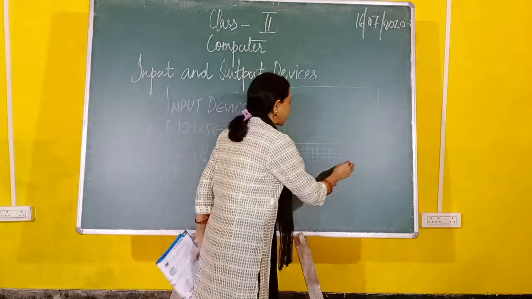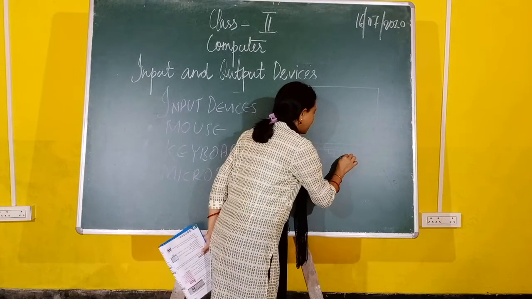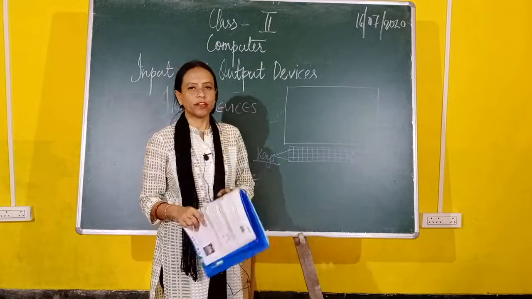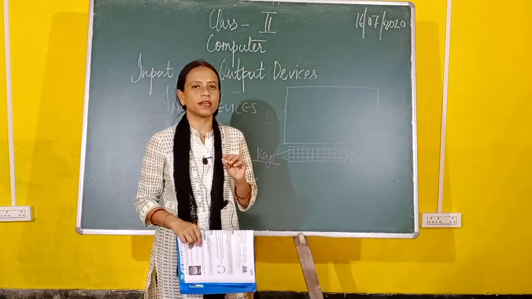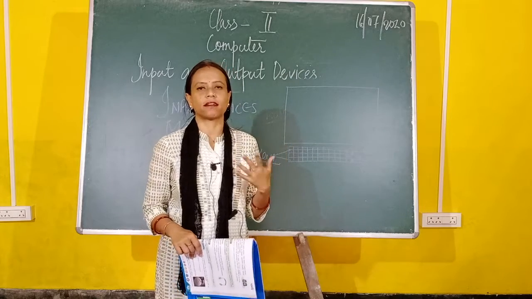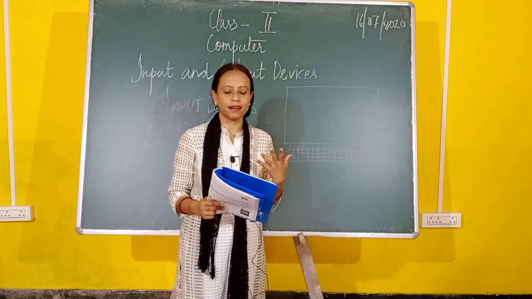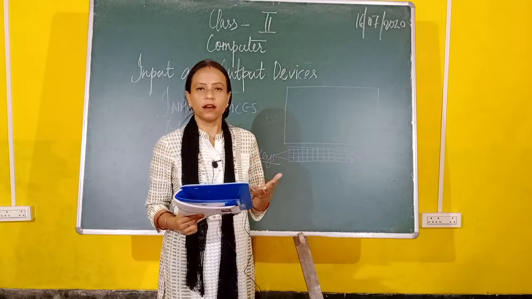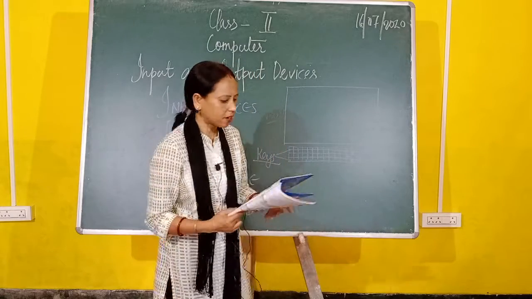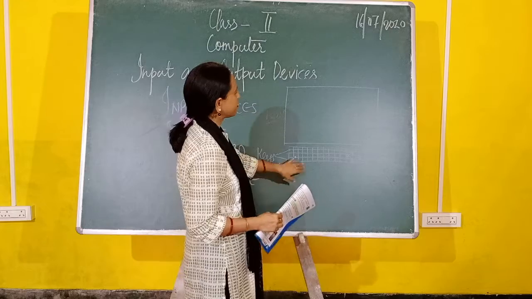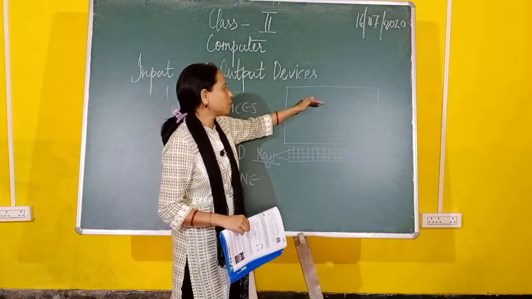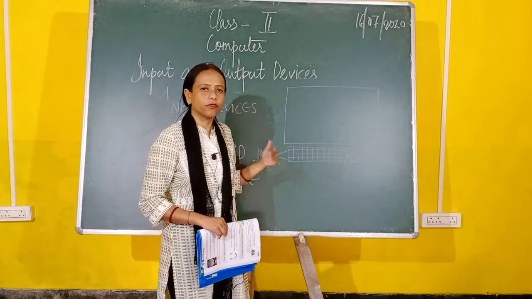Then you have 4 arrow keys: up arrow key, down arrow key, left arrow key, and right arrow key. Then you have special symbol keys. Symbol keys means you have plus sign, minus sign, division sign. The keys which hold a sign are called symbol keys. Okay, then we have comma, full stop, everything is there on the keys. Okay, so now what do these keys help us to do? Suppose you want to write a name or any subject, anything you want to write on a monitor, can you use your pencil? Can you use a pen to write?